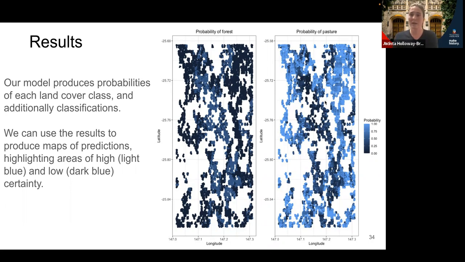So we can see in this right panel, looking at the probability that each pixel belongs to the pasture class, there are areas where it's a very high probability, so close to 1. So we're quite certain about that classification based on the model. And then we can also see, for example, through the center of this right panel, that there's a very low chance of some of these observations belonging to the pasture class. So that is quite clear. In this example, in the left panel, through the center here, based on the color scale, the probability of these pixels belonging to the forest class is somewhere in the middle. It's around 0.5. And so we're not too certain about that.